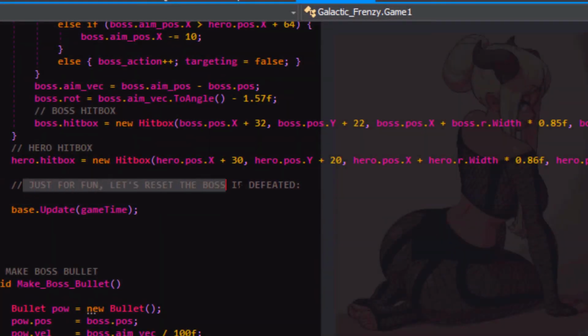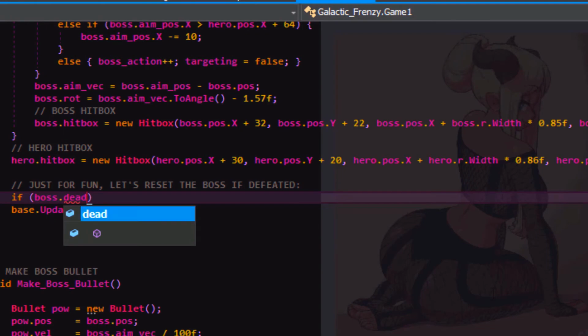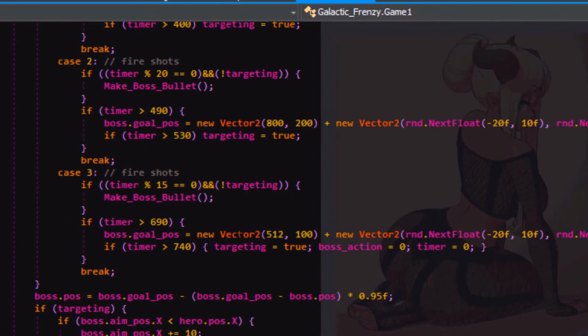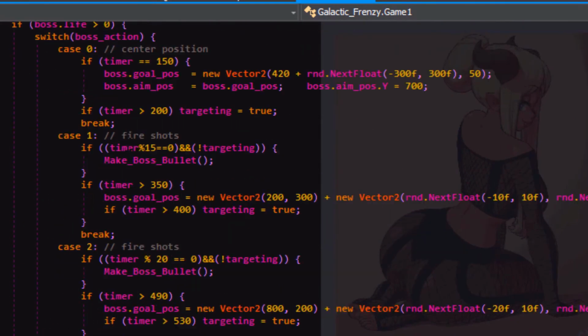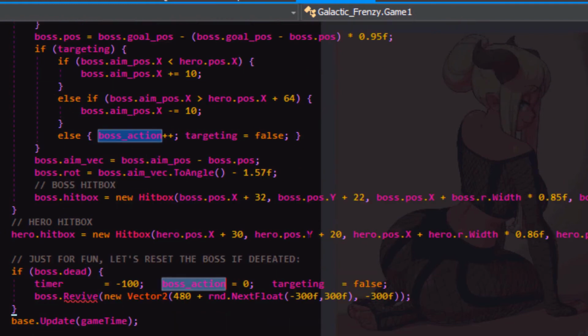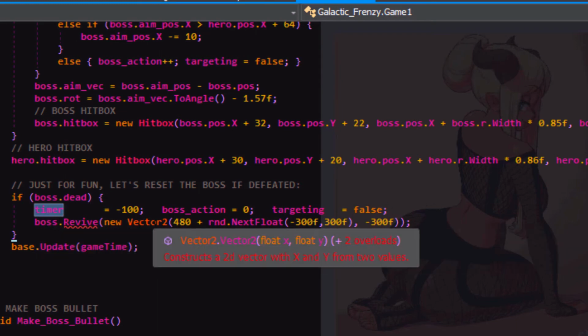Let's make him reset so that we can fight him more than once. So in update, we'll add this. Just for fun, let's reset the boss if he's defeated. And if boss dead, then we'll allow it to reset. I got these globals, which are technically kind of local to update, and that's for the boss logic. So the boss action for the finite state machine, boss action, whether he's targeting or not, and the timing between actions. I reset those, but I want to reset the boss